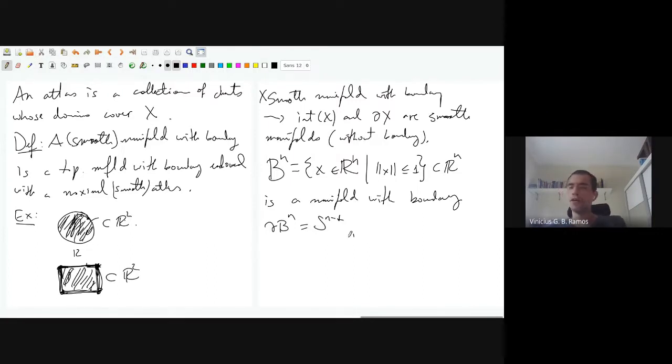So as before, you can ask yourself, how do I construct manifolds with boundary? It's not so easy to define a manifold in general by the definition, but the first way to produce a huge number of manifolds with boundary is very similar to producing manifolds. To produce manifolds, you take a smooth function, you pick a regular value, and you look at the pre-image of the regular value. So to produce a manifold with boundary, this is the proposition: you can pick a smooth function on a given manifold. You could start with Rn if you want. And you pick a regular value,